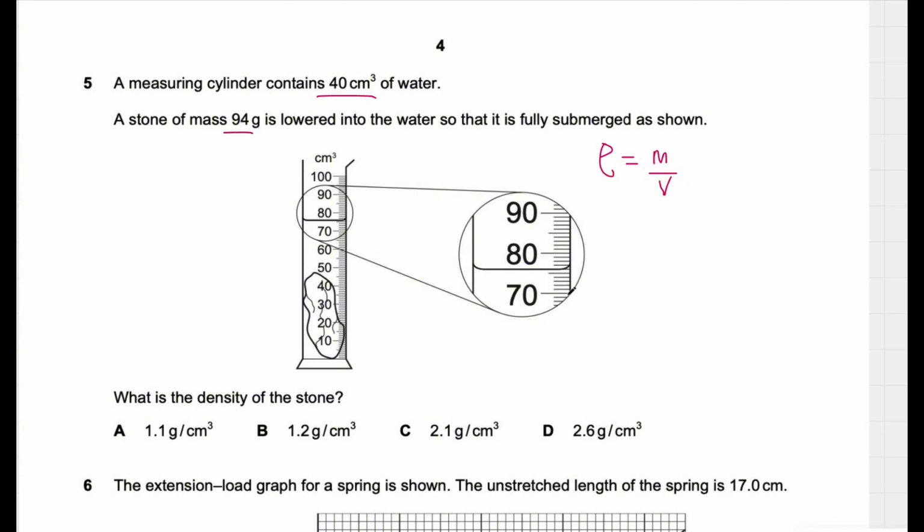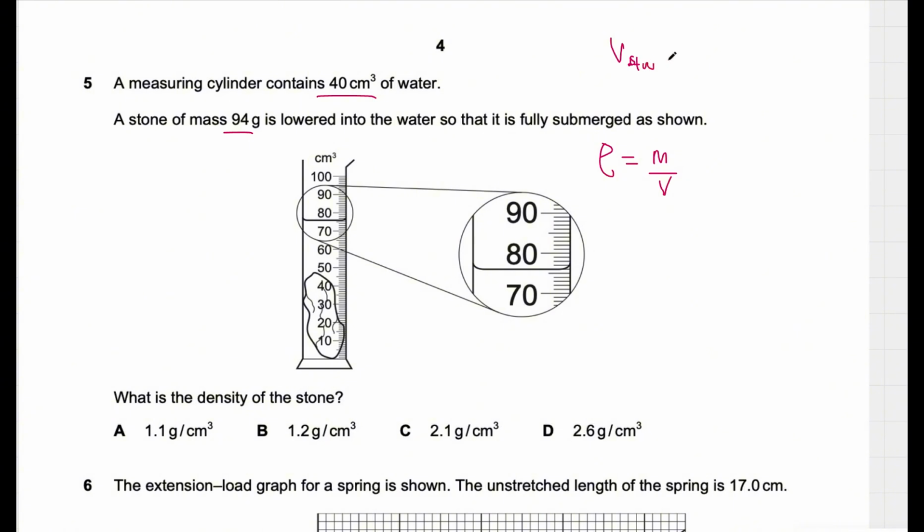Here is 70, here is 75, here is 76. Looks like 76 if we're not mistaken, right? They zoomed it up. This is 76, right? So the 76 is the volume of water and stone together. So V, stone plus water